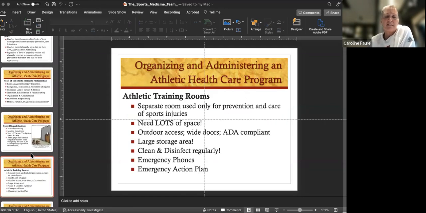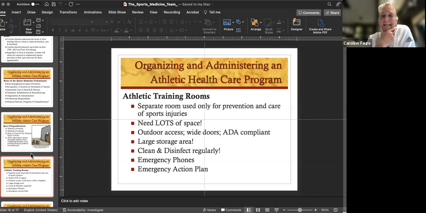Athletic training rooms: if you're looking to set up an athletic training room, just understand you need a lot of space for these things. At my school in little Idaho, we had about 400 student athletes coming through the athletic training room. That is a lot of kids. When you count, in the fall sports season, we had 150 football players, 40 cheerleaders, 60 soccer players that are boys, and another 60 that were girls, volleyball players, cross-country kids, etc. So just understand that there's going to be a high traffic flow. They need a lot of space.